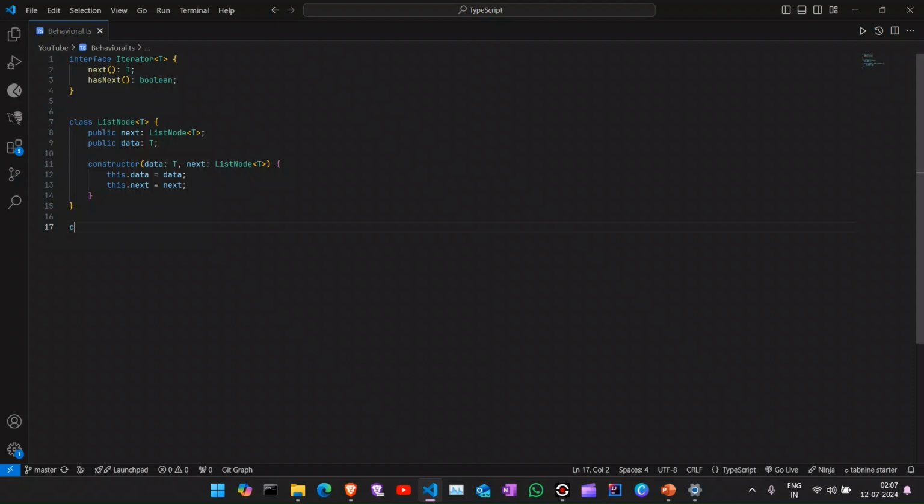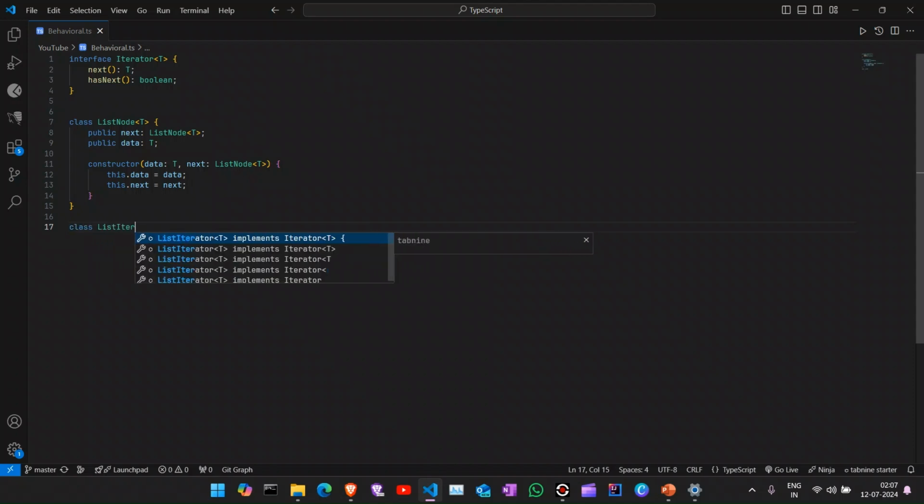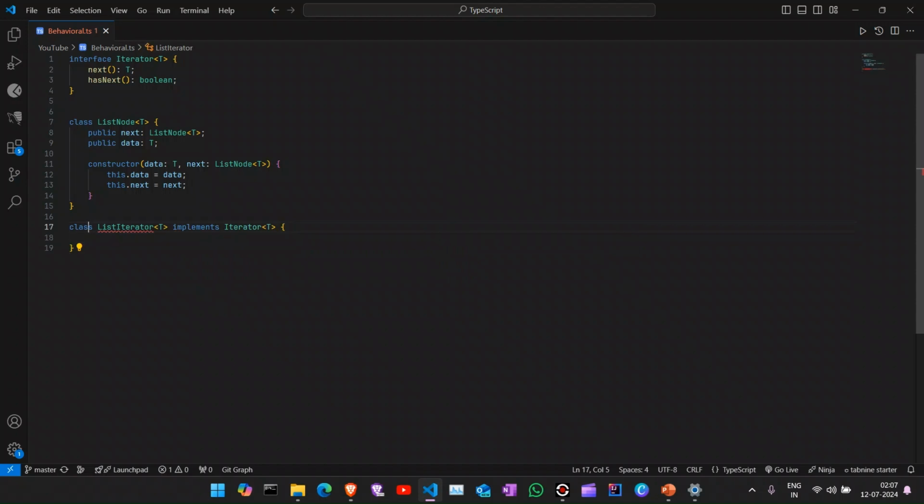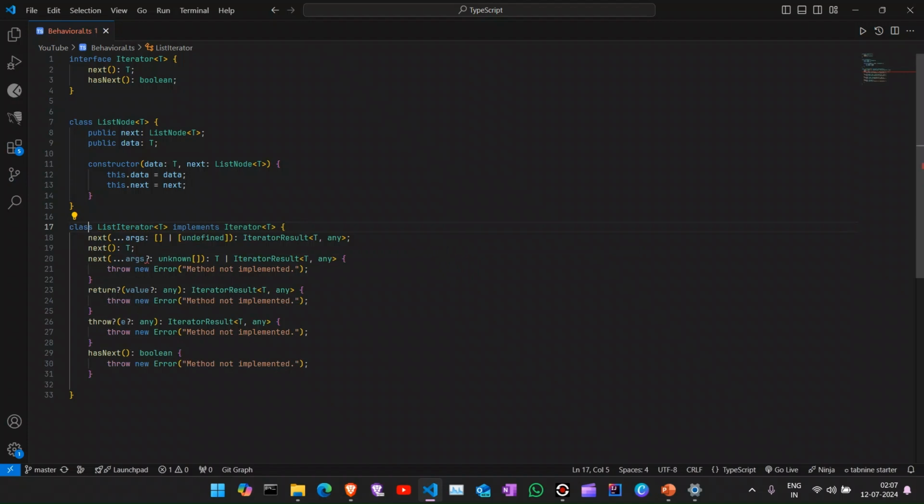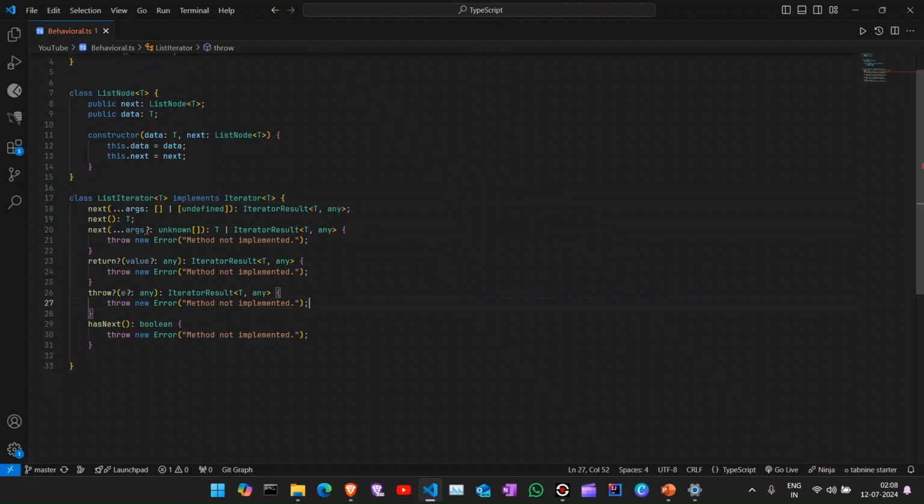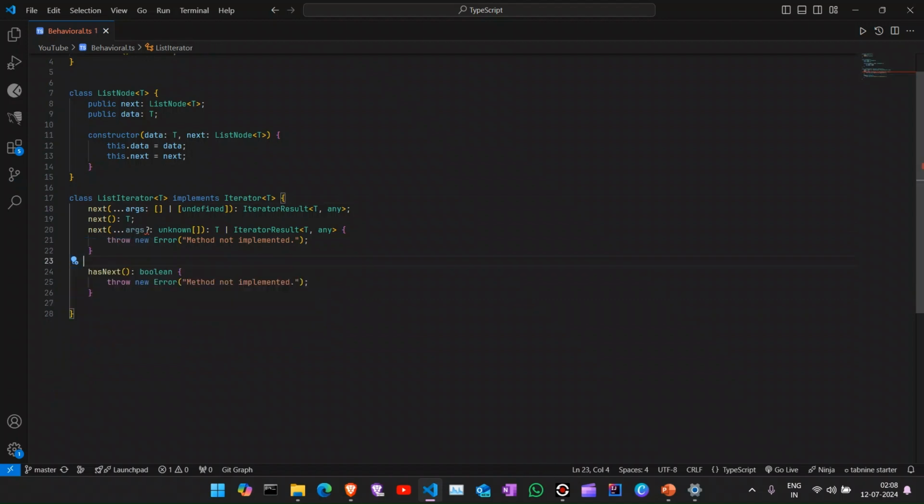Now I will create one iterator class, list iterator T, implements iterator T. So this has been implemented in a very strange way. I didn't mean to do this. Anyway,